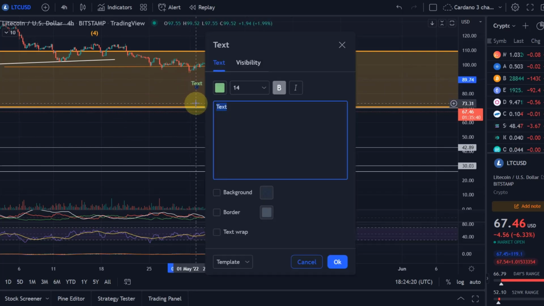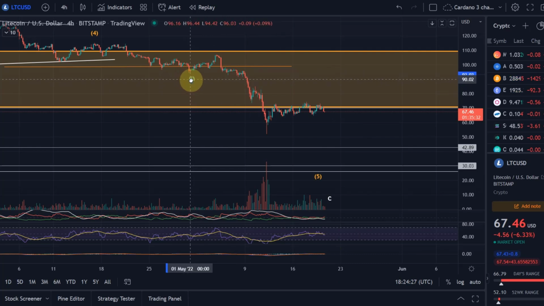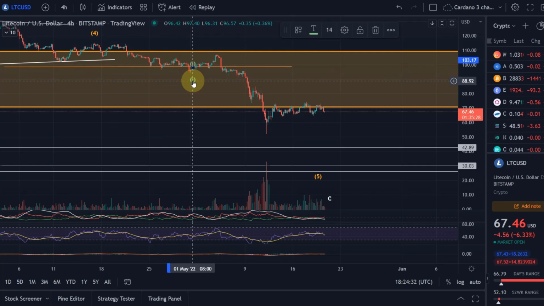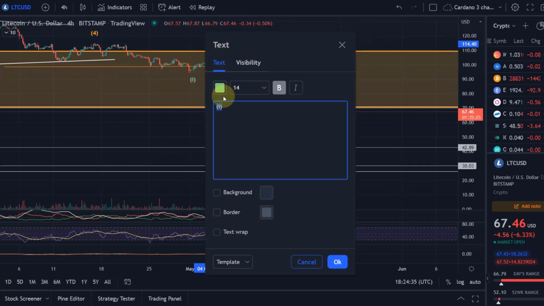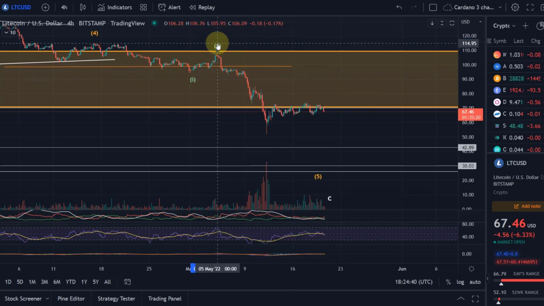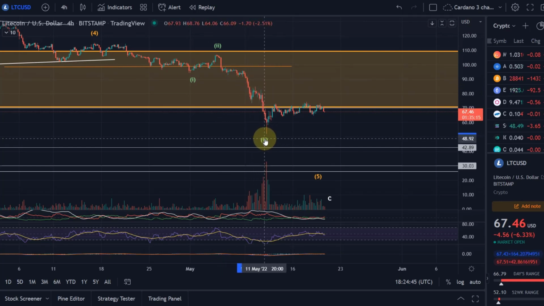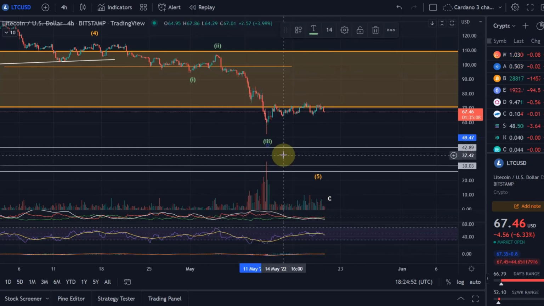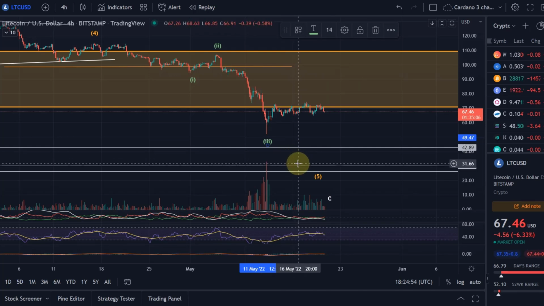So what we can count this here as is, again, a wave 1. Of course, before that, to complete this wave 1, you have here a series of 5 waves as well. But again, I don't want to make this video too long. And of course, this analysis, when I look at it in detail before these videos, takes much longer. I have to look at Fibonacci levels and so on. Of course, because many cryptos are moving together, it makes it a bit easier, but they still all have their individual wave count.